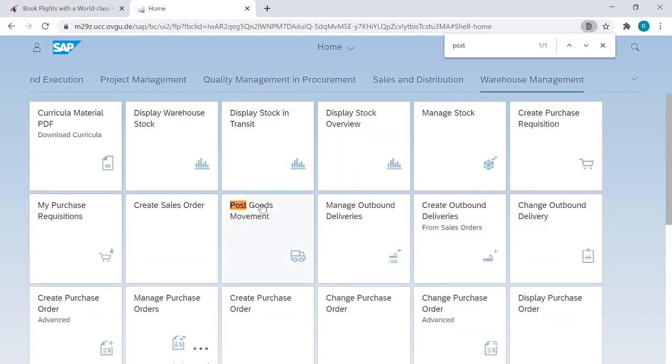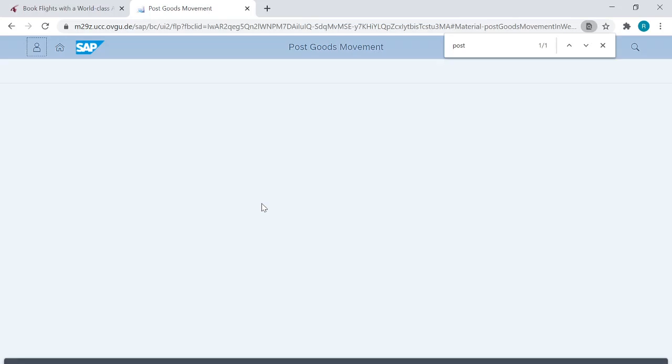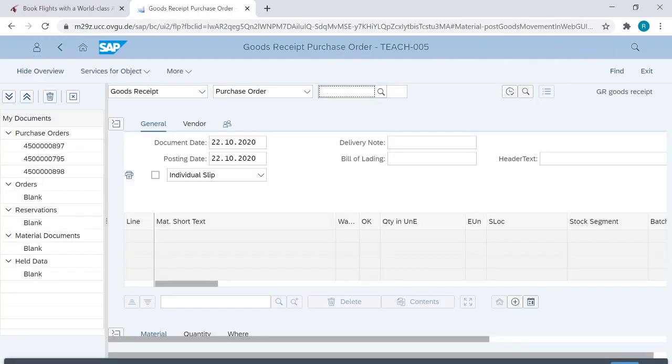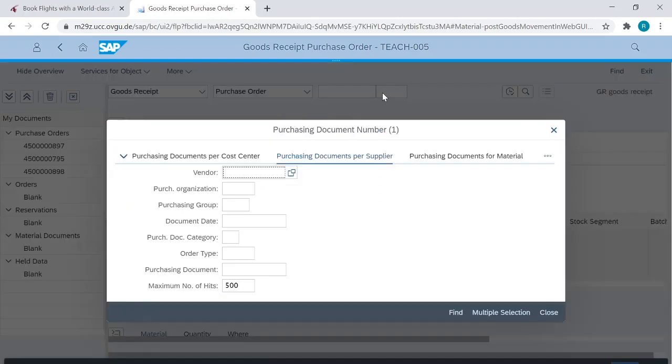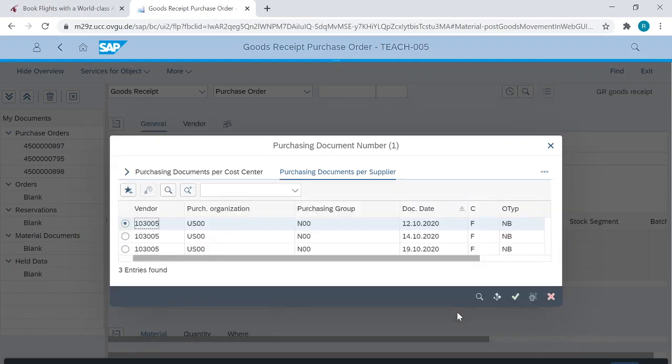Okay, so here we will find the goods movement, and from here we will have to select the purchase order in this field. In case you don't remember the purchase order, you will have to click this magnifying glass, and then go to purchase documents per supplier, and you need to add your vendor code. Remember, for the Dallas company my vendor code is 103005, because 005 is my ID. So you people have to add your ID, and then you will be able to find the purchase order you